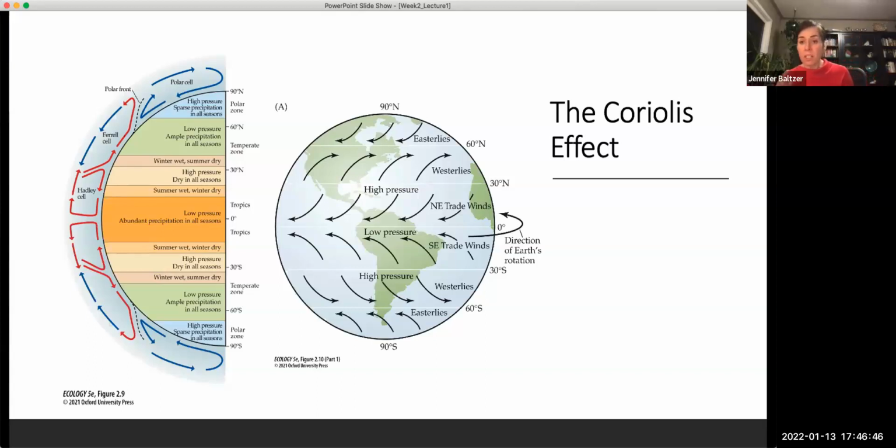So if you watch the video that I posted, I think one of the nice analogies for any of these circulation cells is that analogy of boiling water, where you've got heat that causes the warm water to rise up, and then it cools as it's rising up, and then it drops back down. And you can see that happen. If you put some pepper or something into a pot of boiling water, you can see these convection cells form in that pot of boiling water if you have a glass pot or whatever.